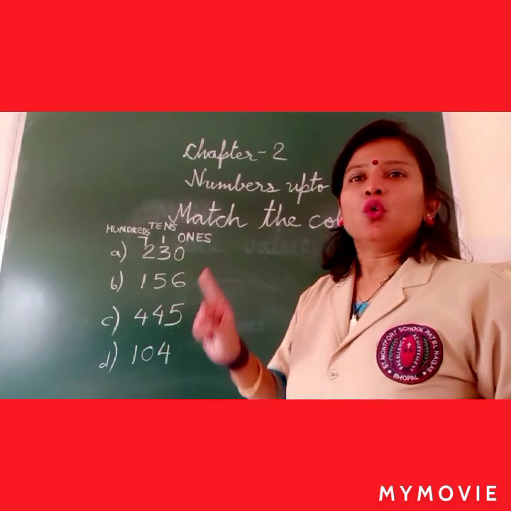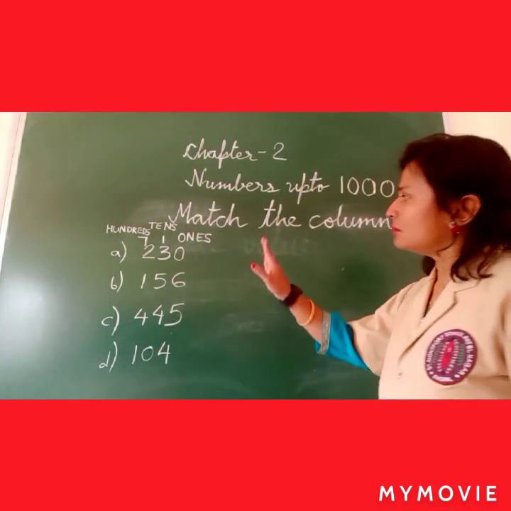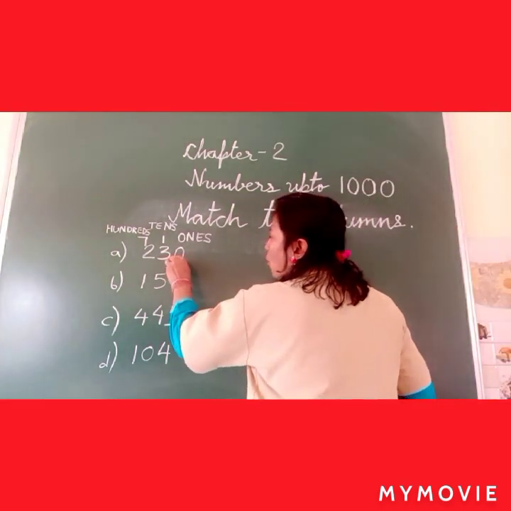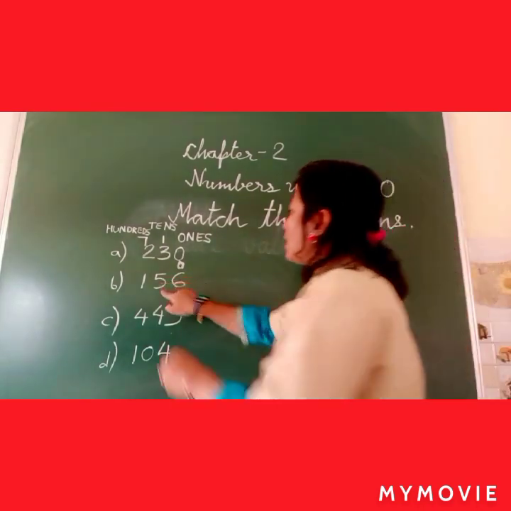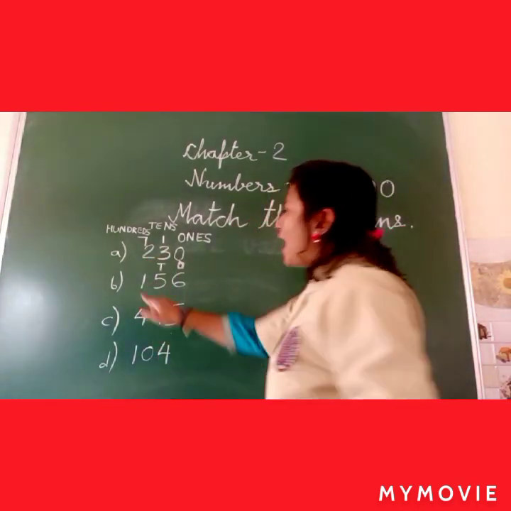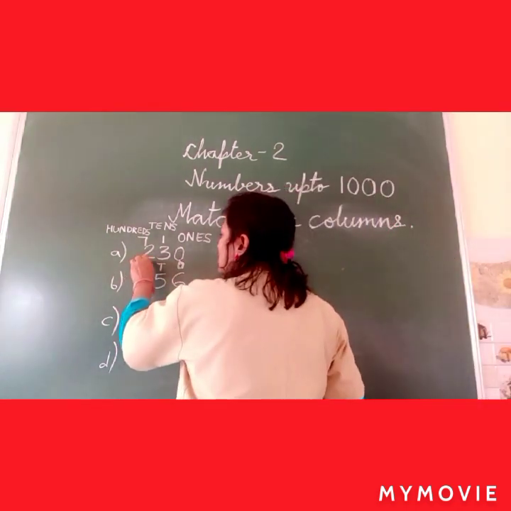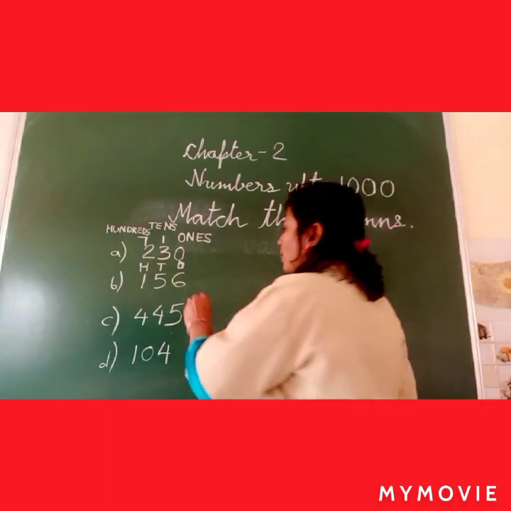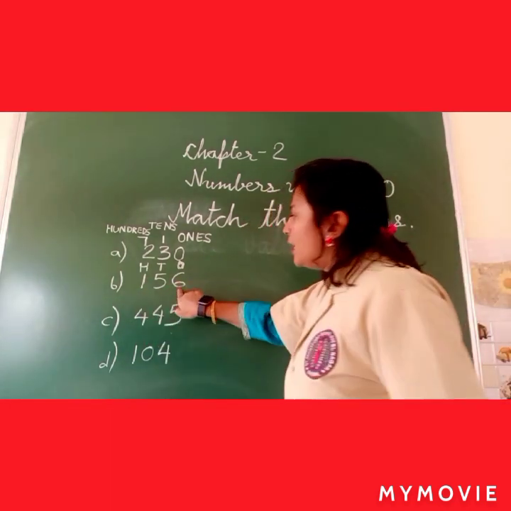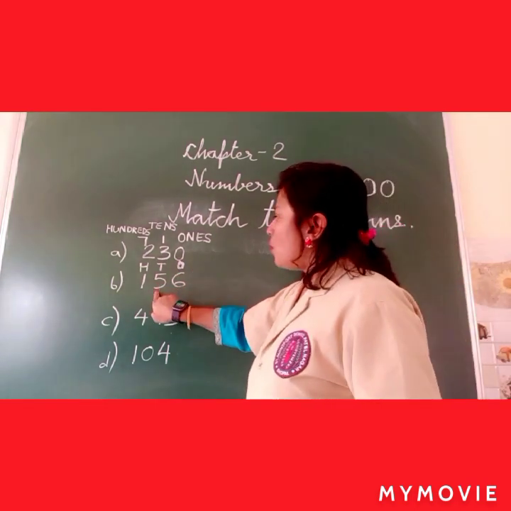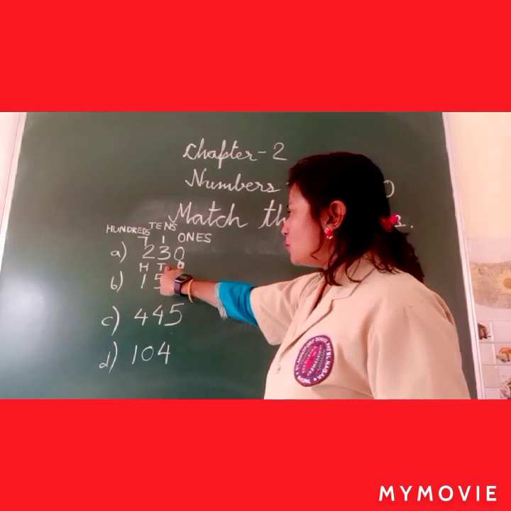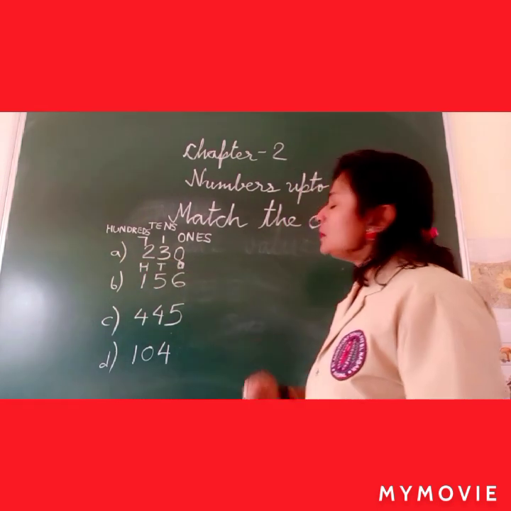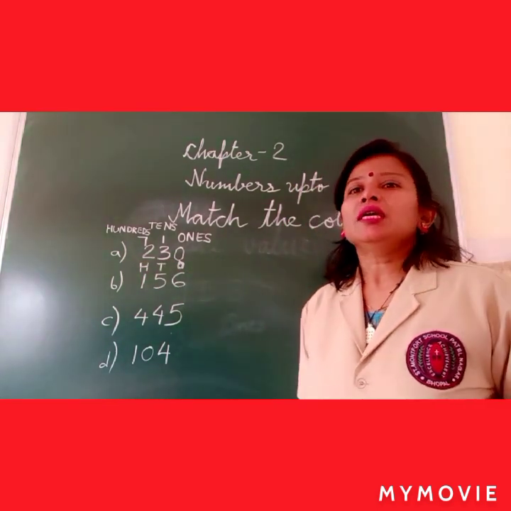In the same way, you will write the place value of each digit. O represents ones, T represents tens and H represents hundreds. If you will write like this, it will be easy for you. Here 6 is in ones position, 5 is in tens position, 1 is in hundreds position and the number is 156.